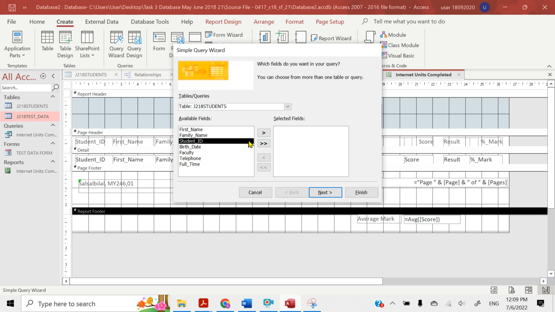So, student ID from students table. Unit from a test table. Result, test date, test day, start time. Okay,